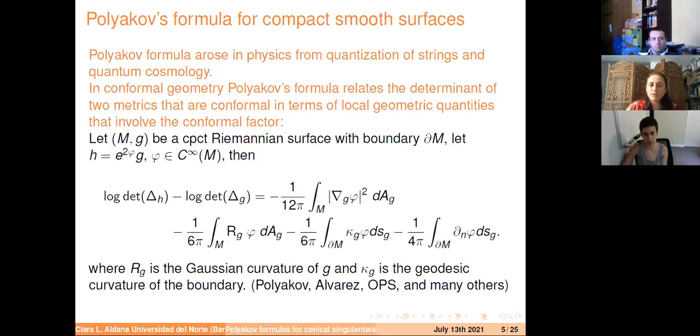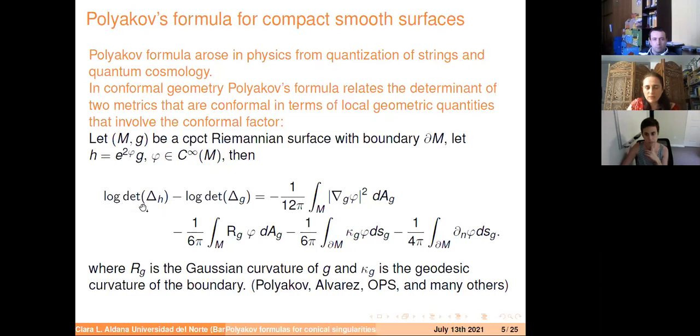And in conformal geometry, Polyakov's formula relates the determinant of two metrics that are conformal in terms of local geometric quantities that involve the conformal factor. So if we have (M, g), a compact Riemannian surface with boundary, and we have h, a conformal transformation of g by a conformal factor phi that is smooth. Then